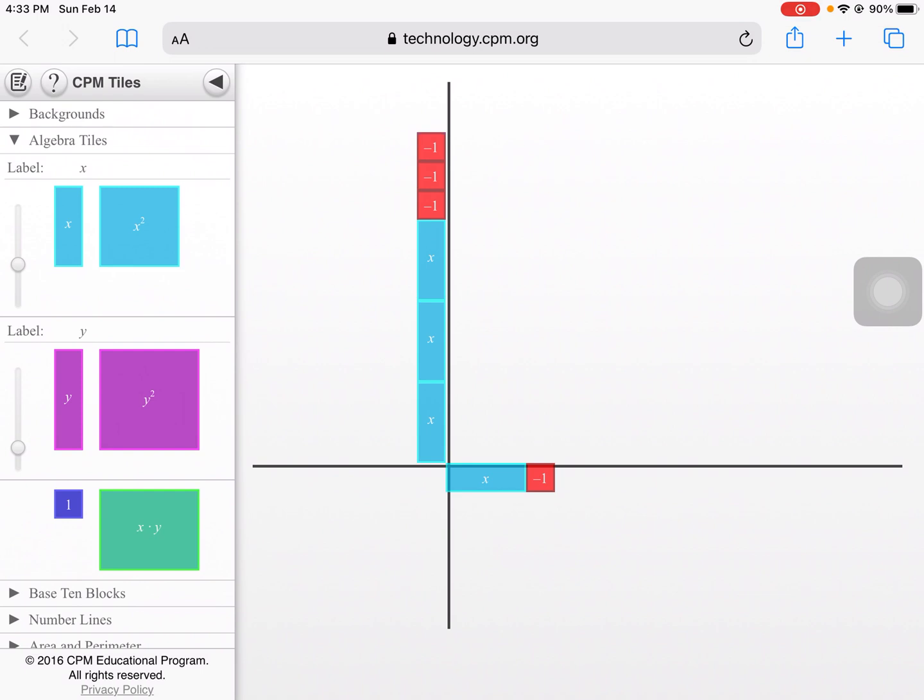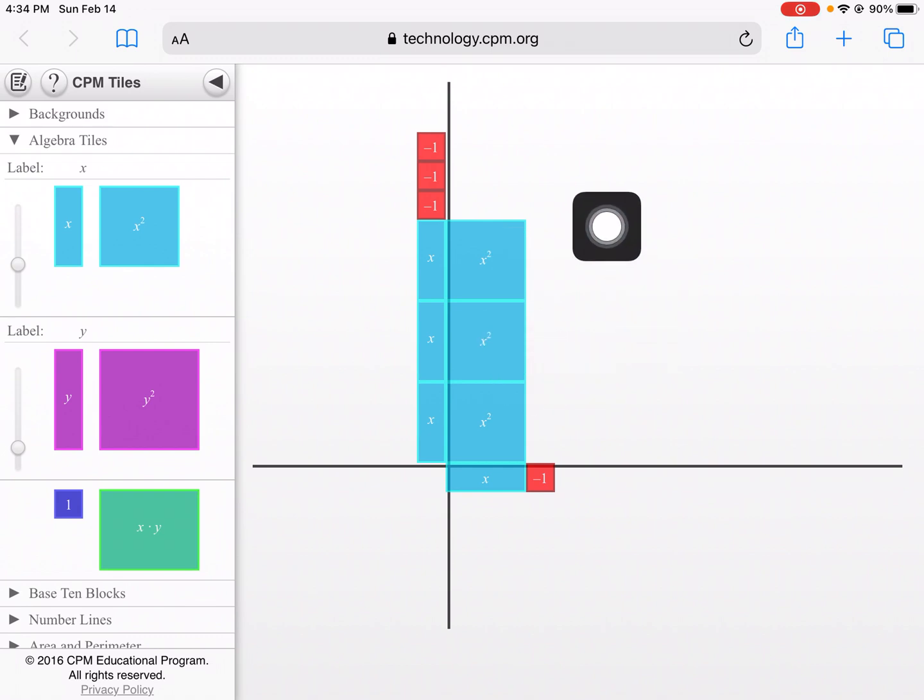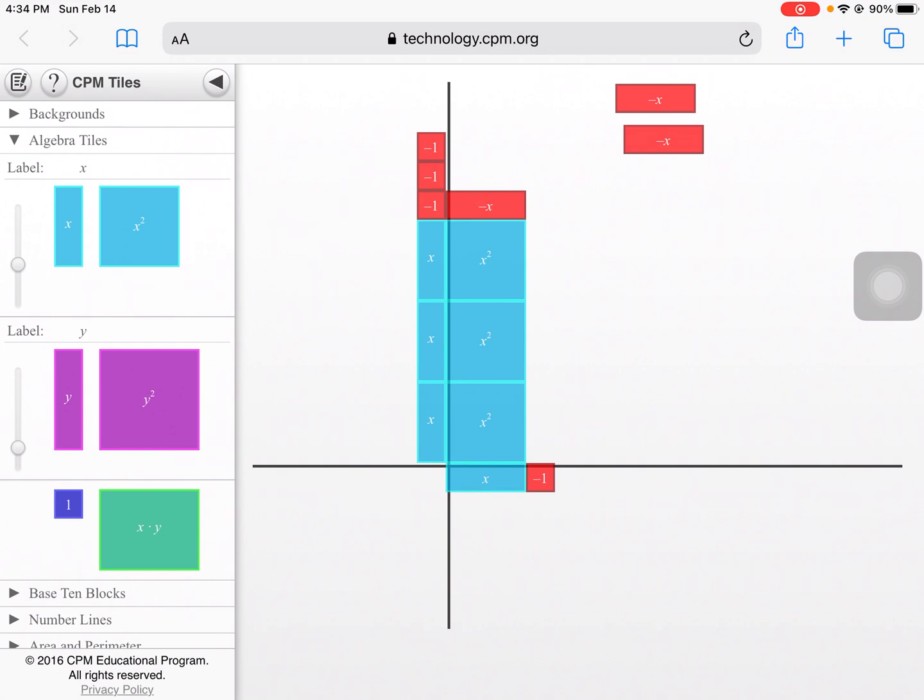So it looks a little different than some of the other ones we've been doing, but we follow the same process. Fill in our x squareds. We're multiplying x times x in this part of our area rectangle here. Then we're going to take this x times these 3 negative unit tiles. So we're going to want 3 of these turned and made negative to go up here, because negative 1 times